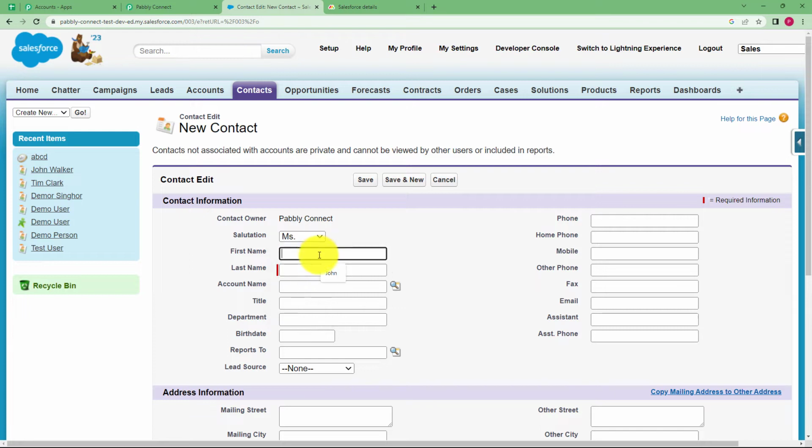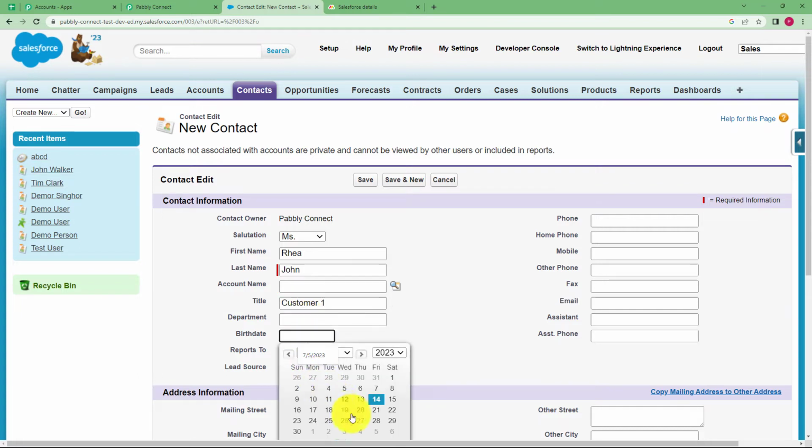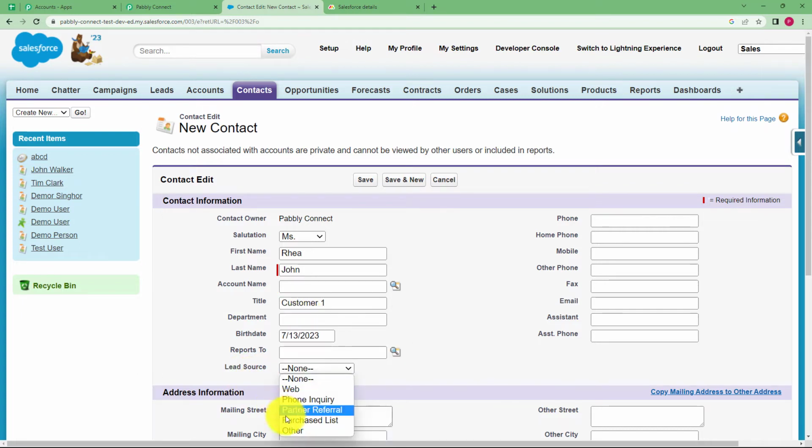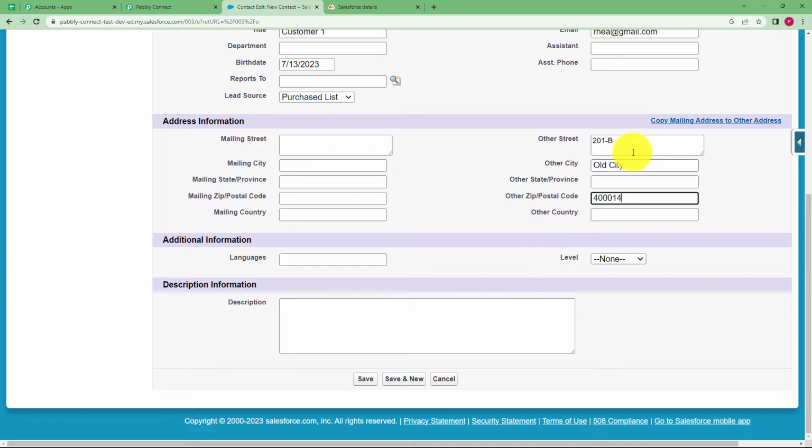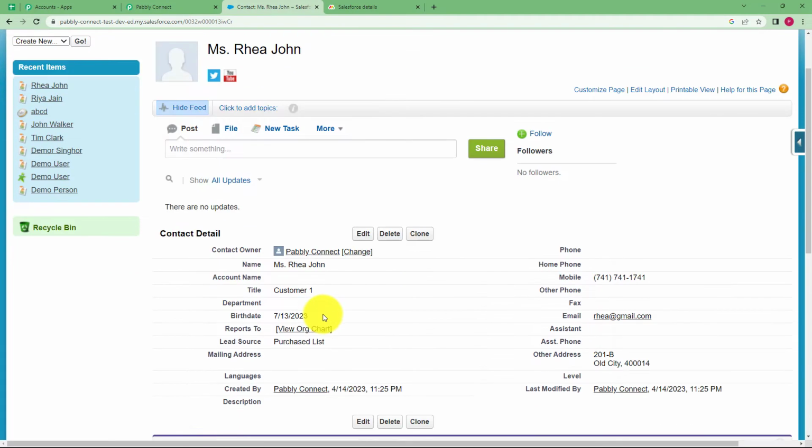The salutation is this: first name, last name, title is Customer 1. Then we have a birth date. What was the source of this lead? Purchase list, phone inquiry, so I'm keeping it to purchase list. Then mobile number, and then email address, and this is the email address. Then you have the address, so you can enter the details of the address also, and in the end we have the postal code. Okay, all this is done, so we will just click on Save,